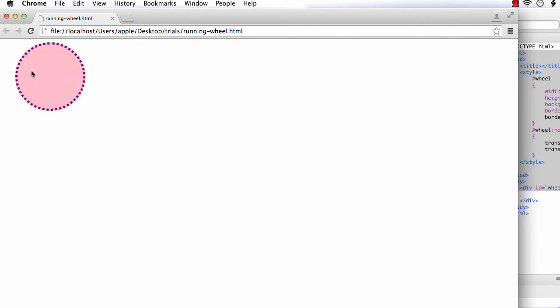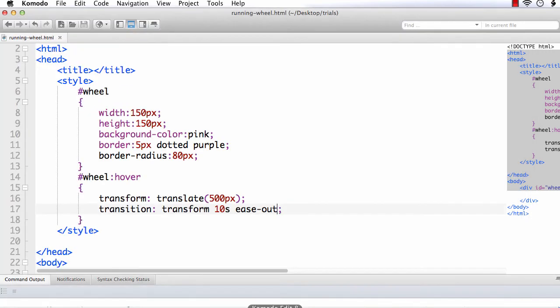Now it is just moving, isn't it? We want to provide the rotate effect as well. So for that I want to rotate it. Let me rotate it first only 180 degrees. This will rotate the circle 180 degrees.